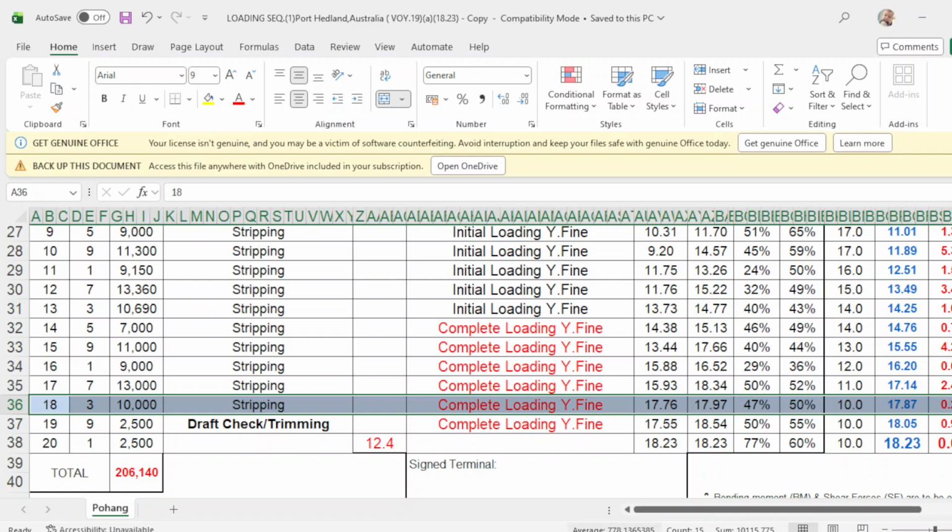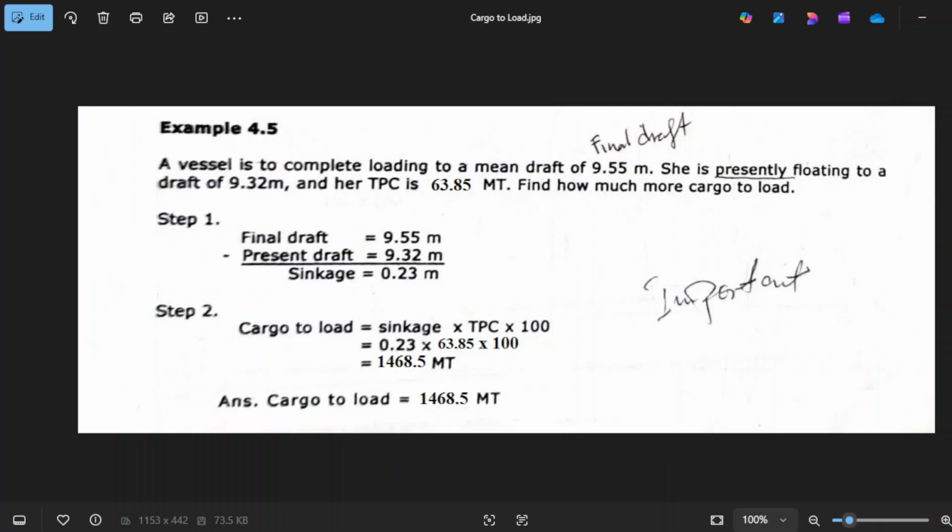Now this is what it means. After reaching 9.32 meters, the foreman has stopped operation and advised the chief officer and the draft surveyor to take draft readings around the vessel to compute for the remaining cargo to load. So that is the point here.